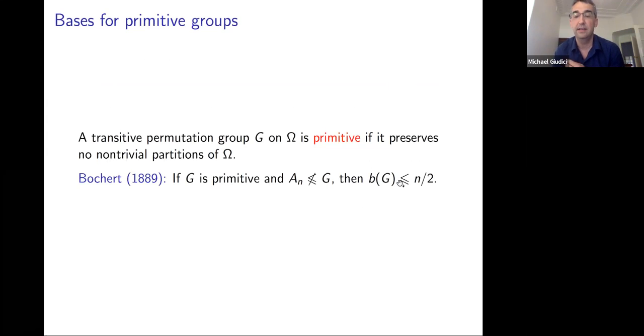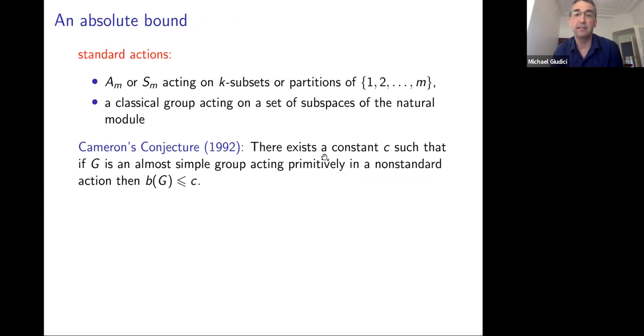So Babai's bound is in terms of n, the degree of the set. If we want an absolute bound, then there is a conjecture in that vein. So first of all, we've got to separate out a few actions which there is no absolute bound for the base size. So what we do is we call two different sets of actions what we'll refer to as standard